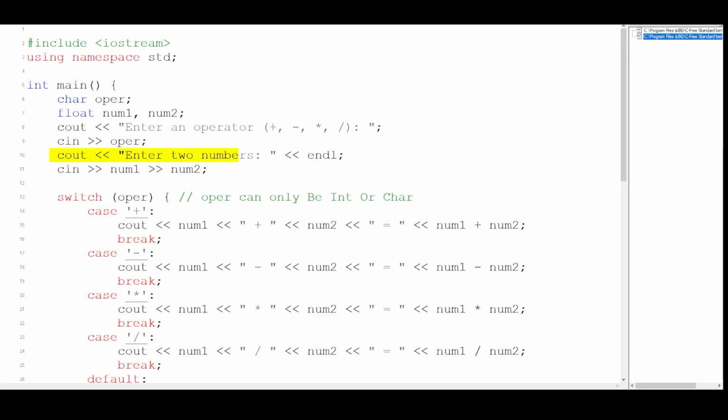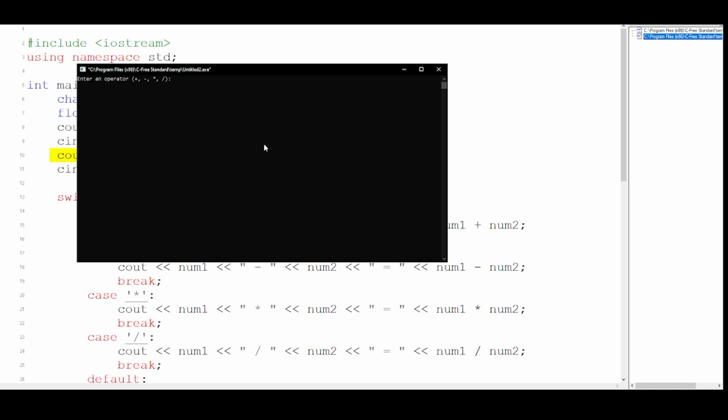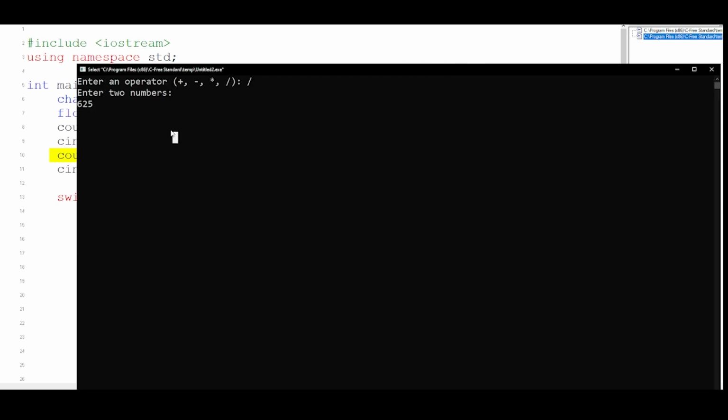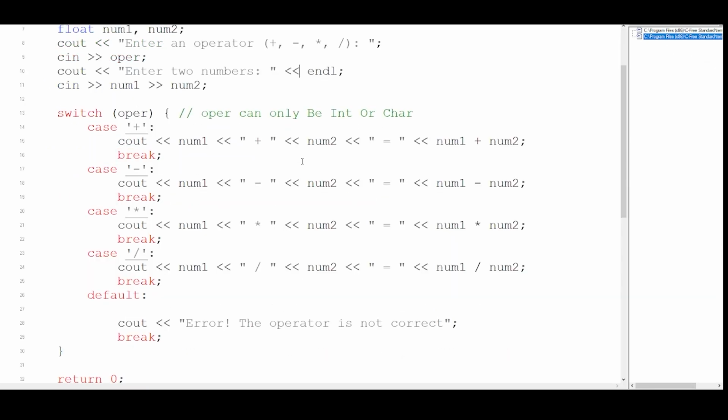So we can try one more. Let's say this time we try division. So if I give the division symbol and let's type 625 and let's say I give 25. As you can see, 25 multiplied by 25 is 625. So it is showing me the answer. So it's very easy to understand switch cases. It is just like that. It checks for the case. If the case is valid according to the input that you have given, it will go inside it. Whatever is inside the case, it will simply print out or it will do the operations as you feel.